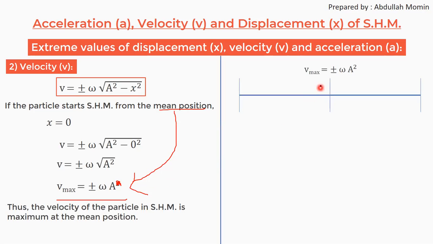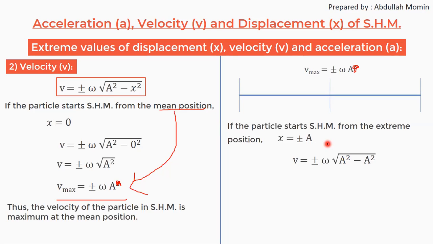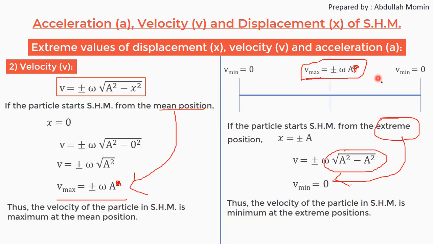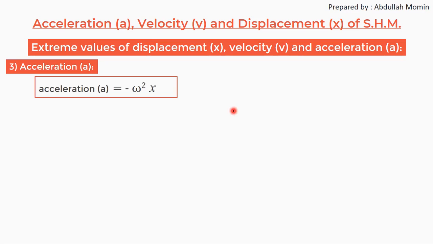अब एक्सट्रीम पोजीशन पे वेलोसिटी क्या रहेगी? तो एक्सट्रीम पोजीशन पे डिस्प्लेसमेंट होता है प्लस माइनस a। तो आप x स्क्वायर की जगह पे प्लस a का स्क्वायर कर दो या माइनस a का स्क्वायर कर दो, वो a स्क्वायर आएगा और ये a स्क्वायर माइनस a स्क्वायर 0 हो जाएगा, पूरी इक्वेशन 0। तो v की वैल्यू यहाँ पे मिनिमम 0 होती है एक्सट्रीम पोजीशन पे। तो एक्सट्रीम पोजीशन पे v की वैल्यू 0 हो गई। तो मीन पोजीशन पे v की वैल्यू मैक्सिमम प्लस माइनस ओमेगा a, एक्सट्रीम पोजीशन पे वैल्यू 0।